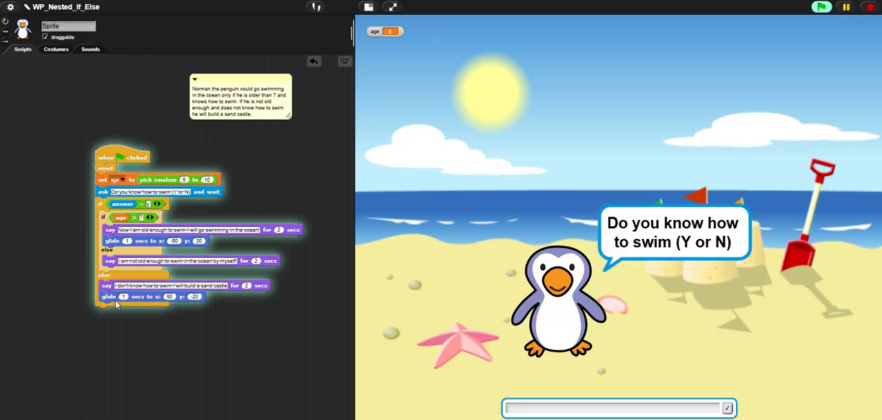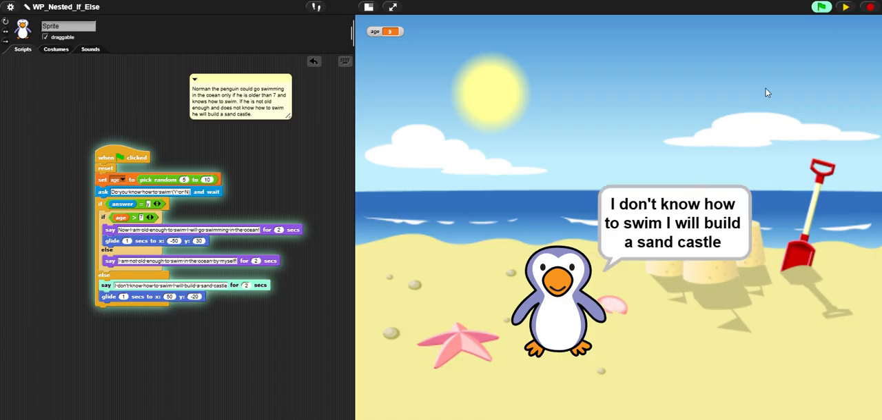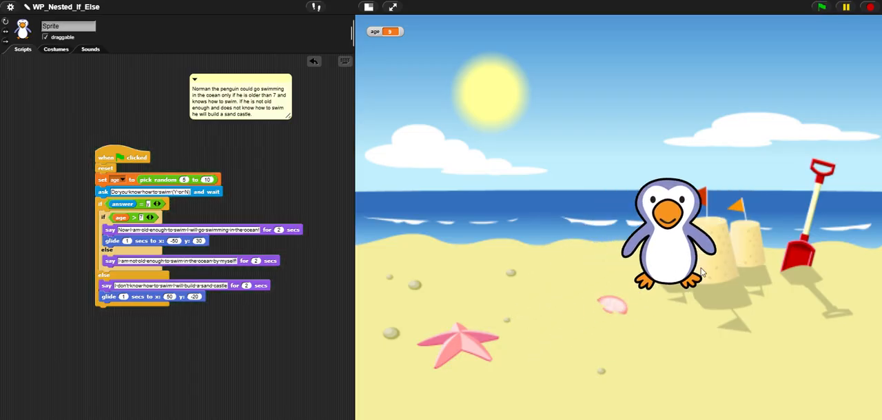And another last case, even if it's above or below the 7, if I type no here, then Norman will say I don't know how to swim, I'll build a sandcastle, and glide to the sandcastle. This program shows how nested if-else statements allow us to check multiple conditions step by step and create different outcomes